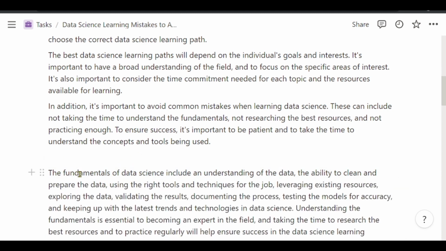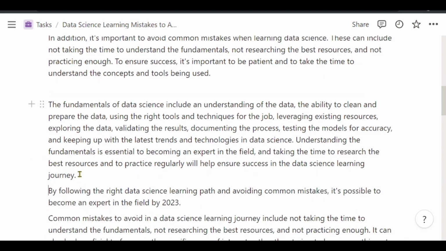Okay. So it says the fundamentals of data science include an understanding of the data, the ability to clean and prepare the data using the right tools and techniques for the job, leveraging existing resources, exploring the data, validating the results, documenting the process, testing the models for accuracy, and keeping up with the latest trends and technologies in data science. Understanding the fundamentals is essential to become an expert in the field, and taking time to research the best resources and to practice regularly will help ensure success in the data science learning journey.